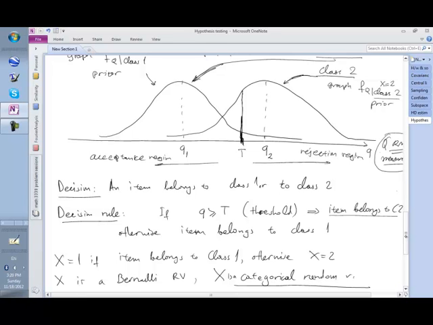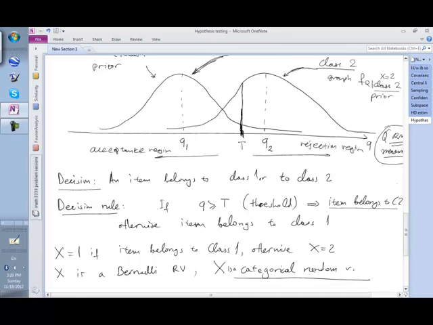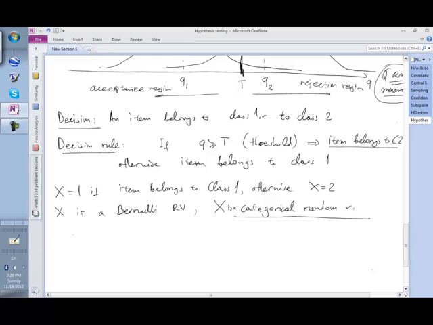So the type 1 error would be for an item, although it belongs to class 1, to be classified as class 2. So in this case, that means the probability,